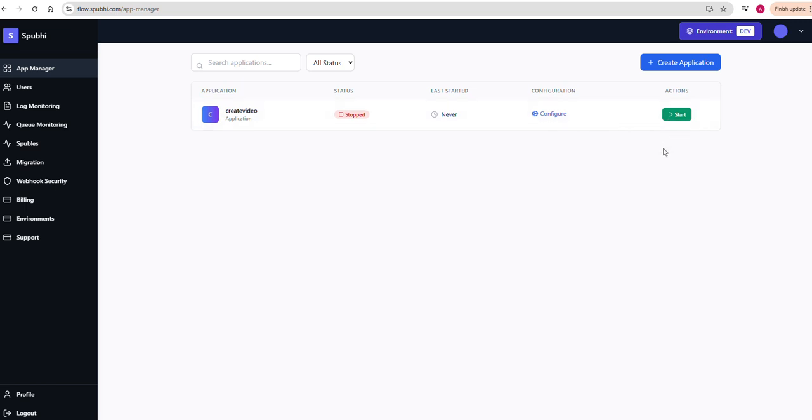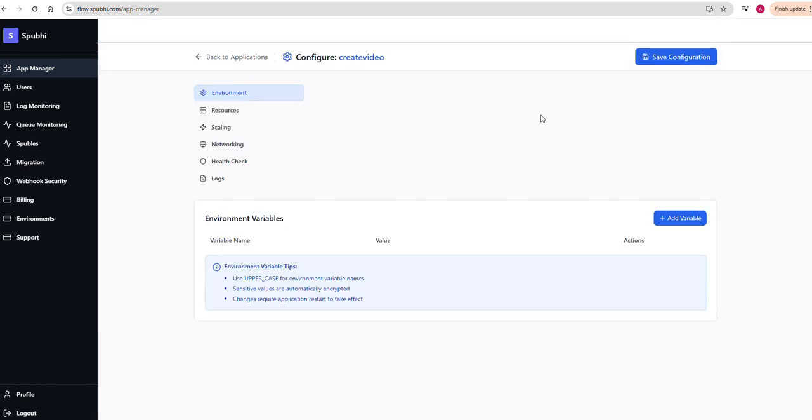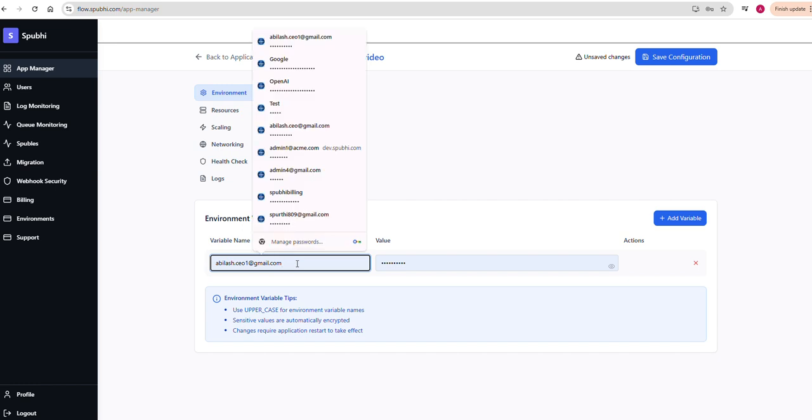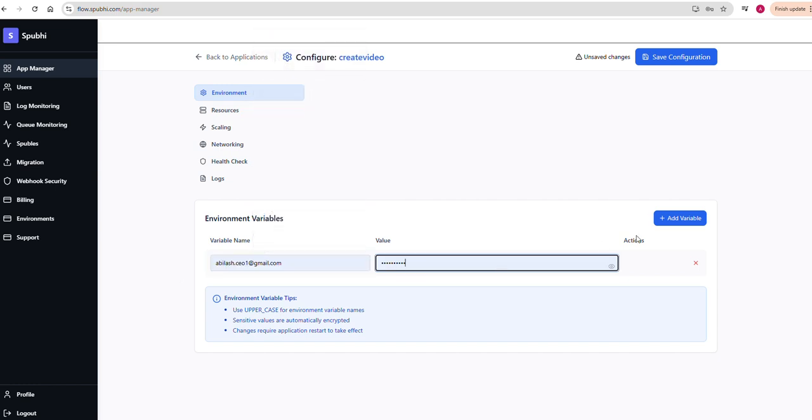When you click on start, it will take around 30 seconds to start, and that's it. You don't have to do anything. It will use all default configurations. But if you want specific configurations, so if you want to add any variables, you can click the variables which you want to add, and you can add as many variables